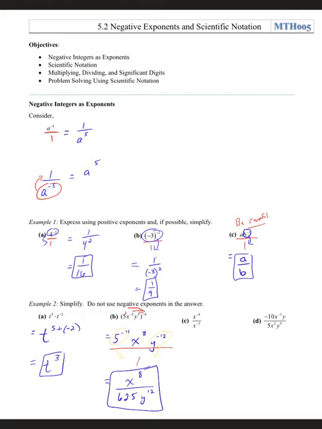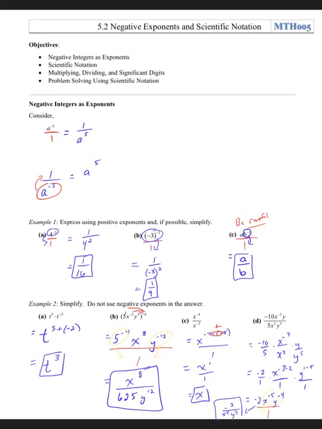Go ahead and try letter C, and I want you to at least give letter D a try. And if you get stuck on it, that's okay, but at least give them a shot and then start the video up and see how you did. Okay,